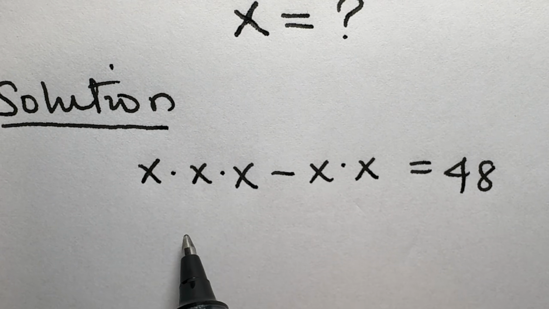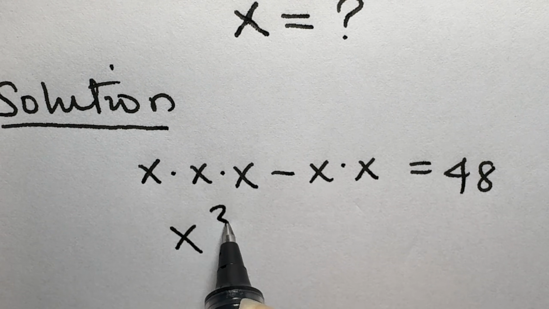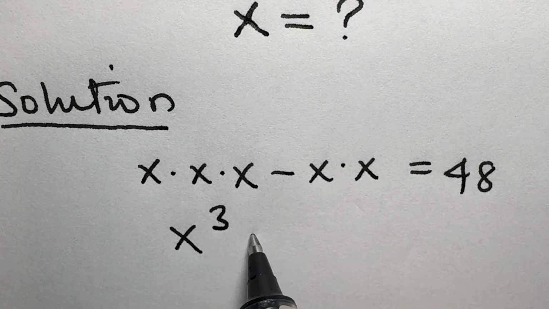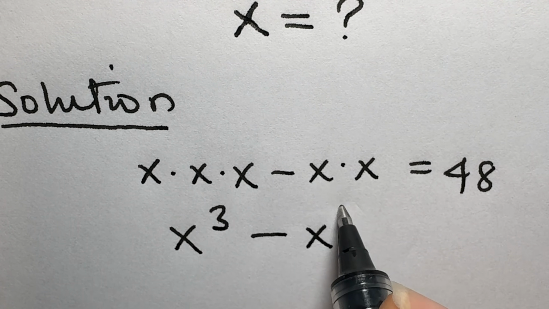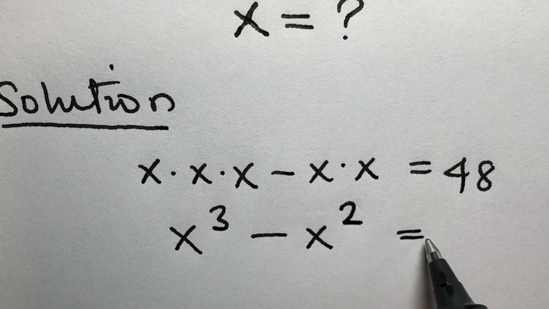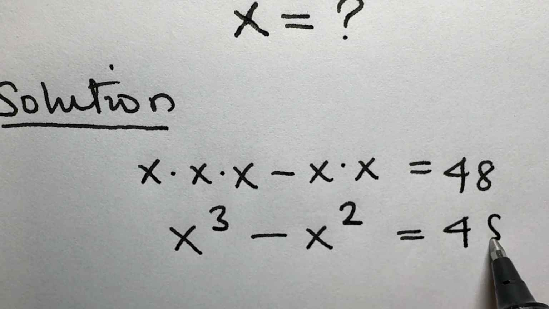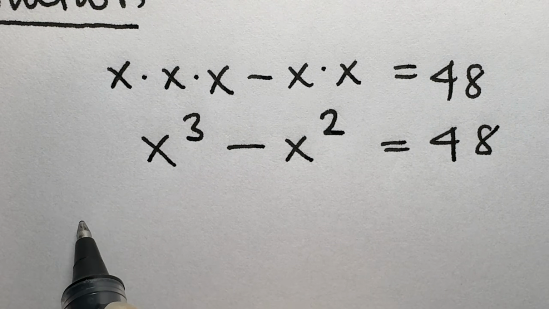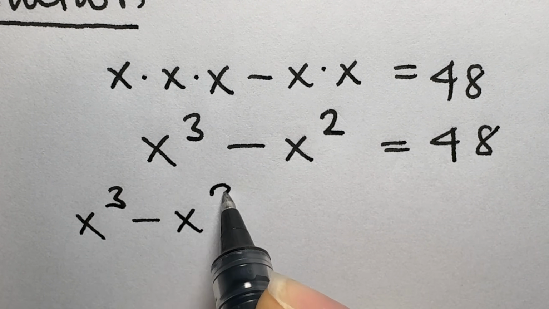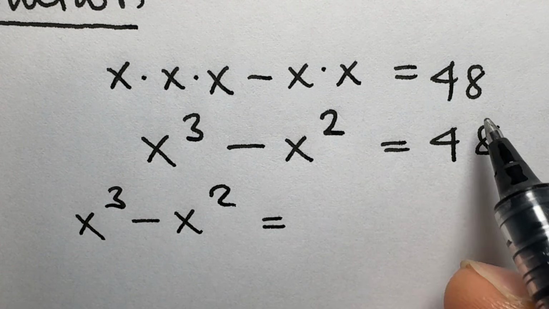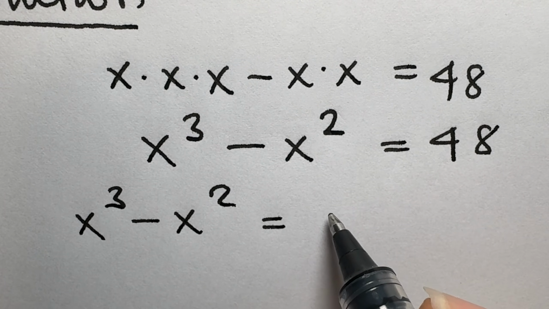Here, this will give us x raised to power 3 by indices. Then minus here, this will give us x raised to power 2 is equal to 48. Now, x raised to power 3 minus x raised to power 2 is equal to 48 can be expressed as